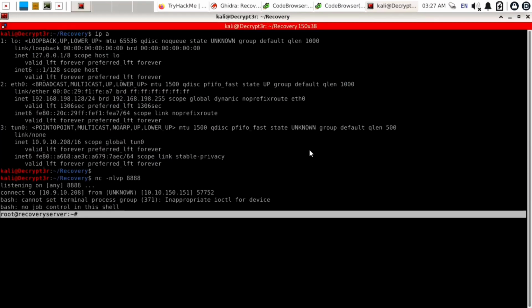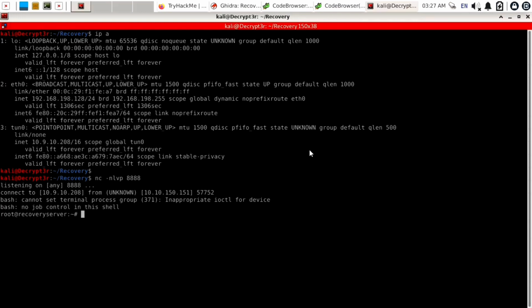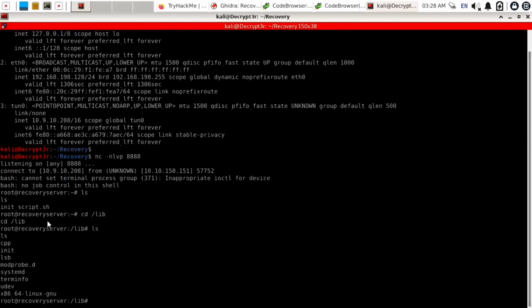Now we are going to move old liblogging.so to liblogging.so. So just use ls. There is one initscript.sh, and first of all we will change our directory to /lib/x86_64-linux-gnu.